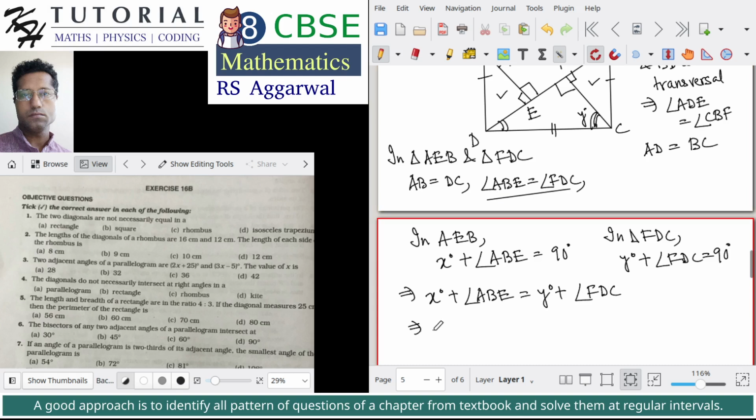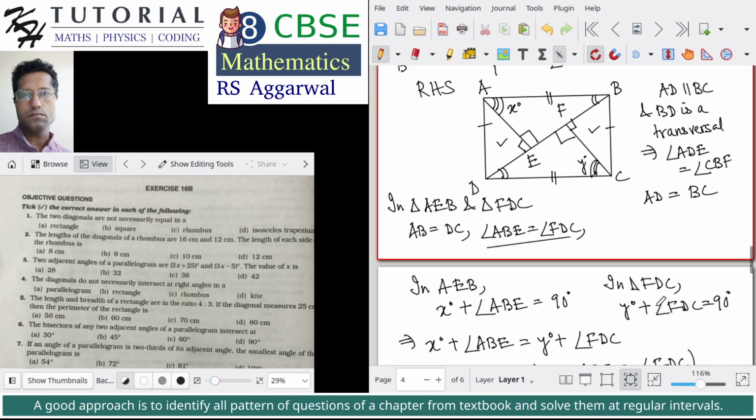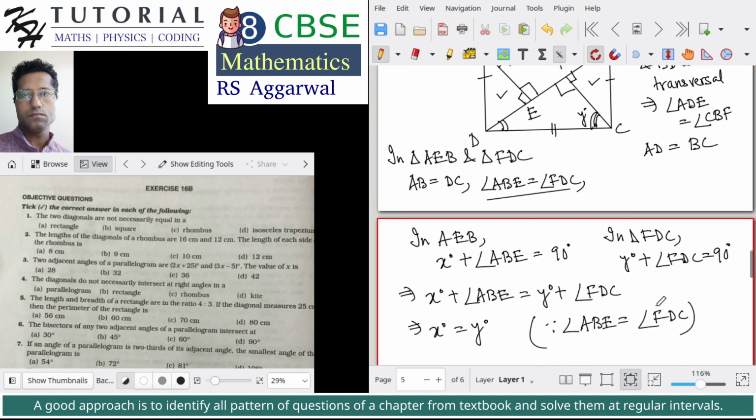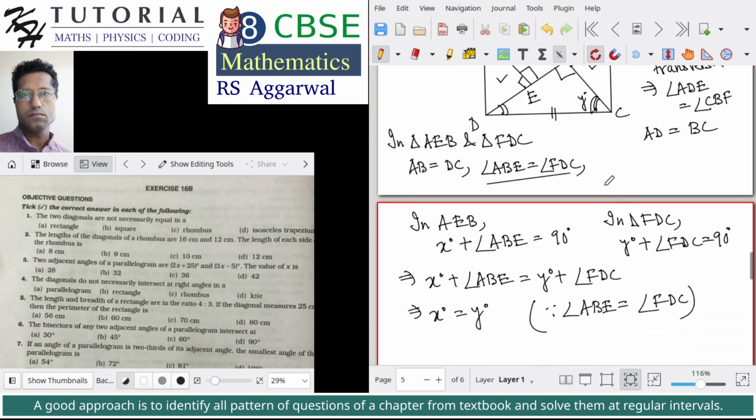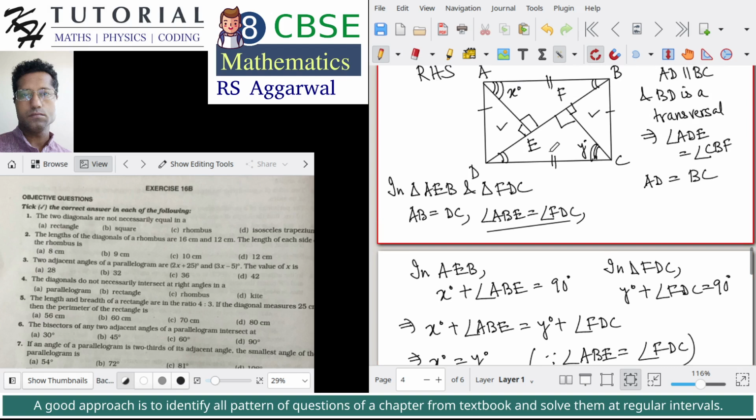So this will imply that x degree is equal to y degree, as we know that angle ABE is equal to angle FDC. Angle ABE is equal to angle FDC because they are alternate interior angles. Okay. So once we have this, in triangles AEB and FDC, we have AB equals DC, angle ABE is equal to angle FDC, and also we got angle EAB is equal to angle